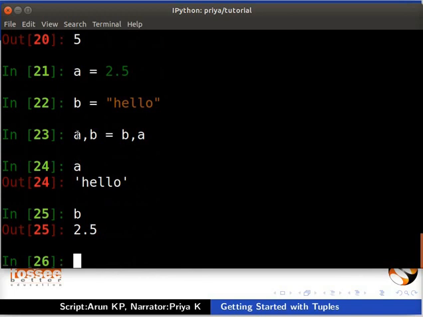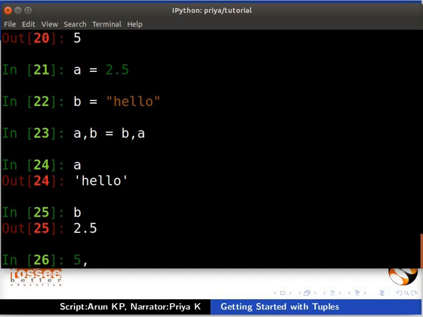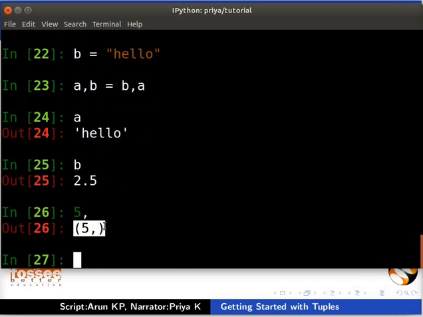When you type a comma b is equal to b comma a, first the values of b and a are packed into a tuple on the right side. Then it is unpacked into the variables a and b. Let us first see about tuple packing. Type 5 comma. We can see a tuple with one element.